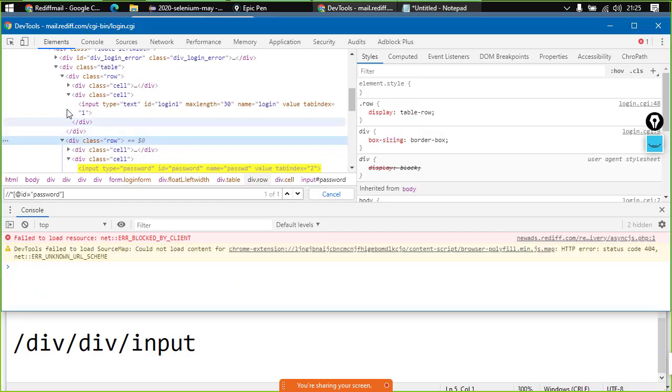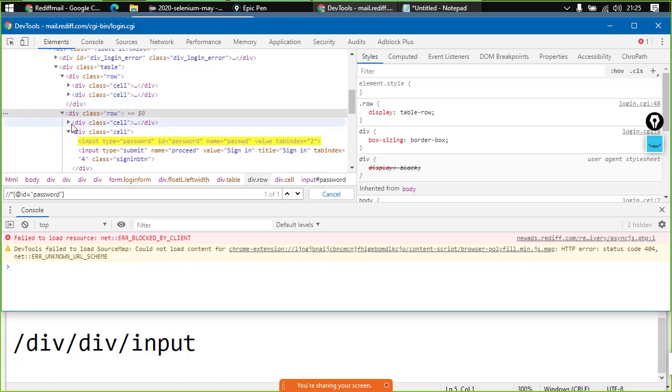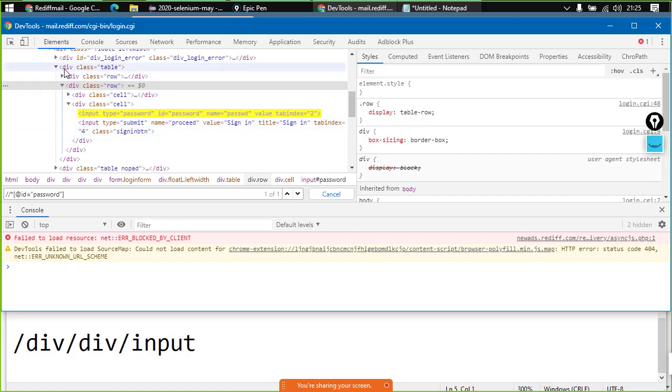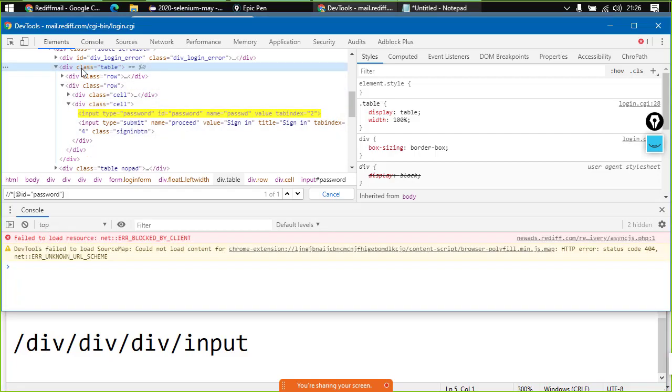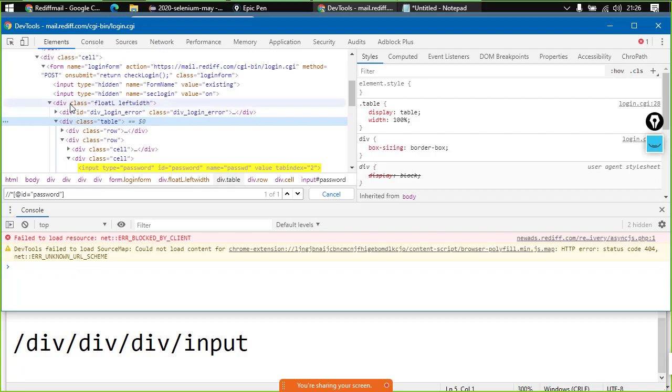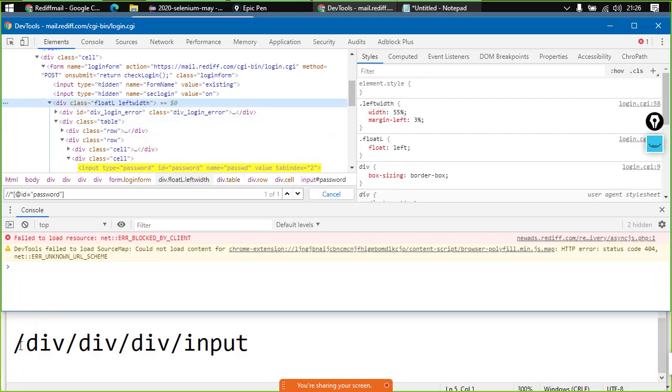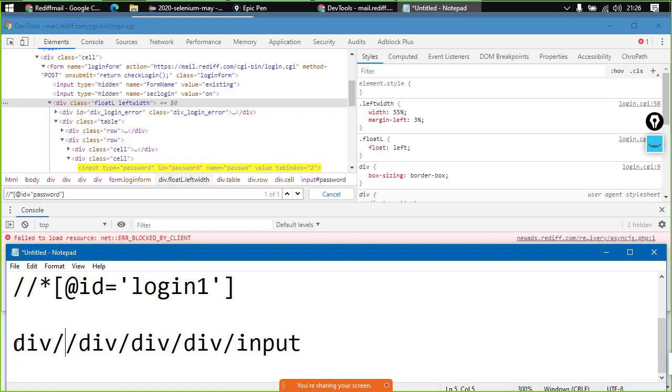Now this div tag, right? There are a lot of other things. First of all, collapse everything that you don't need. Now this div tag is inside some div tag, right? Which one? If you notice something, this one, right? So again div. So we are done with this particular part. We have got to this particular point now. Now over here, this one is inside this particular div. So again div, right? So over here we have got to this particular point.